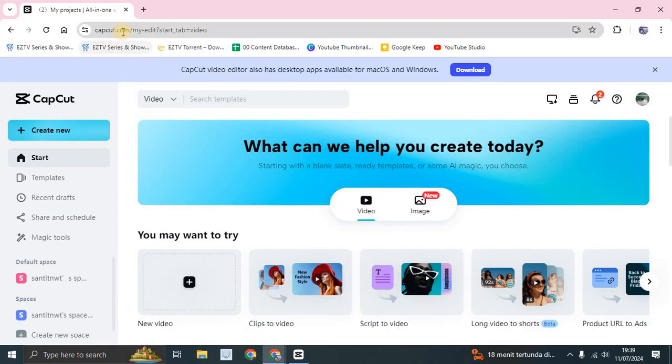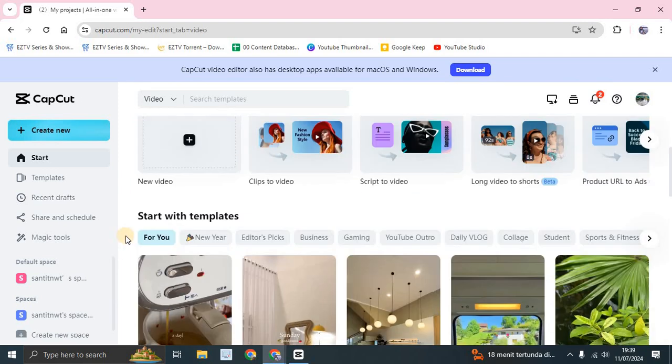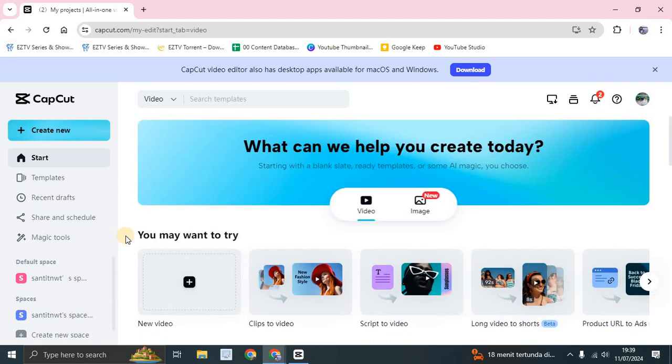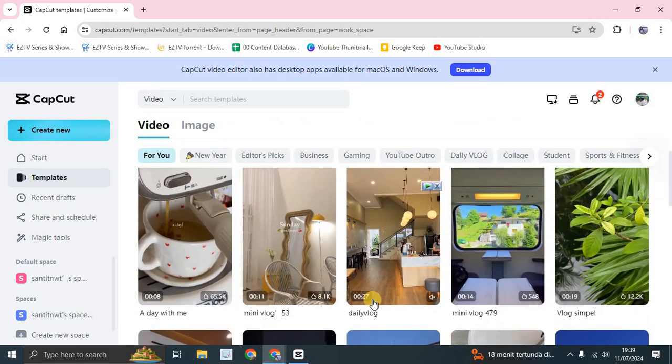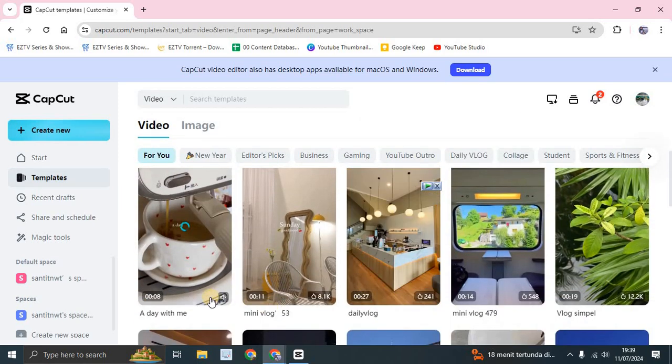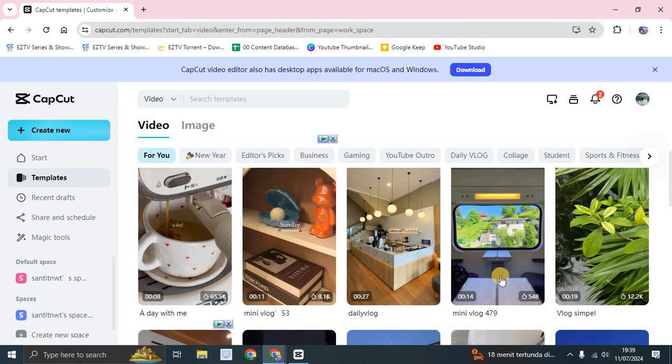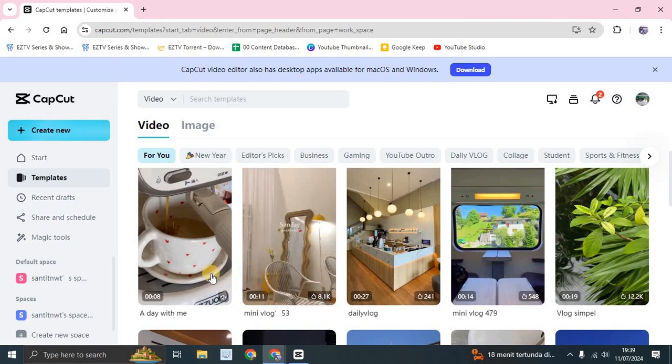You can go to CapCut.com and CapCut will be open like this. You need to log in, and this is my CapCut on PC, CapCut online. If you want to use a template, you can just click on the templates button in here. Then just find the template that you want to use. For example, I'm going to use